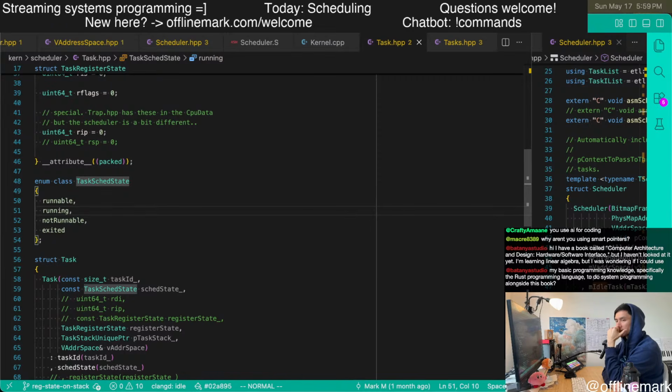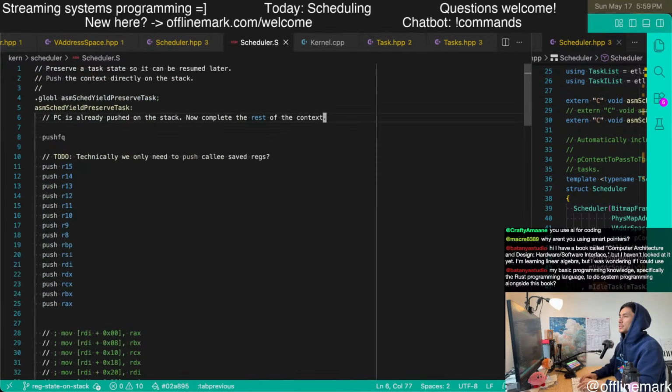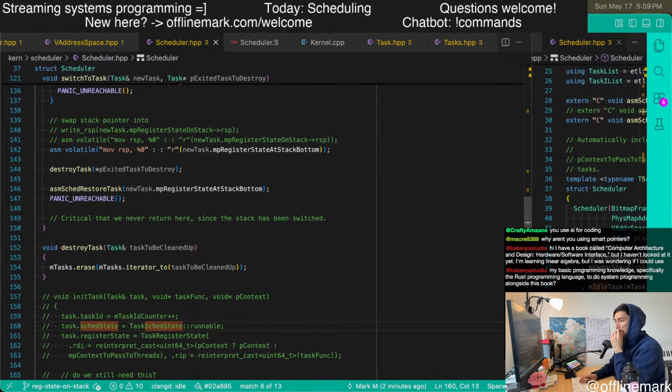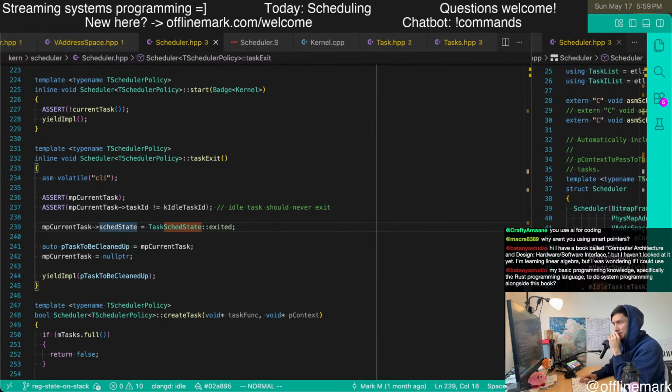I wonder if we can express that somehow. So like you might use a Rust enum, you might use a C++ variant, maybe for this kind of thing. I'm not sure if it creates more problems than it helps with, but I'm curious. So let's just take a look at the scheduler state.